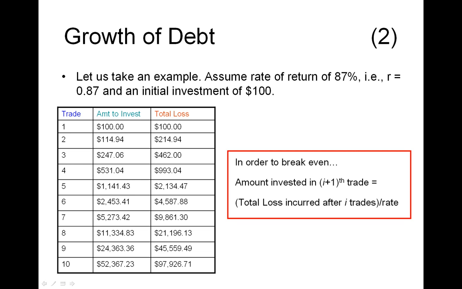But once you start hitting the fourth trade and you find out that you're losing, our total loss after the fourth trade is about $993. That's where the danger zone starts. We start entering the danger zone, because here we're at a tough choice. In the fifth trade, we know just to break even, we need to invest over $1,000. It's actually almost $1,150 just to break even. That's a lot of risk, because if we're wrong, now we've lost more than $2,000.